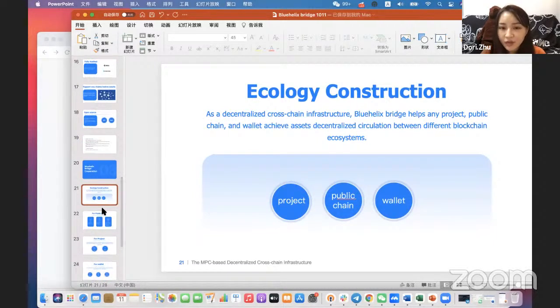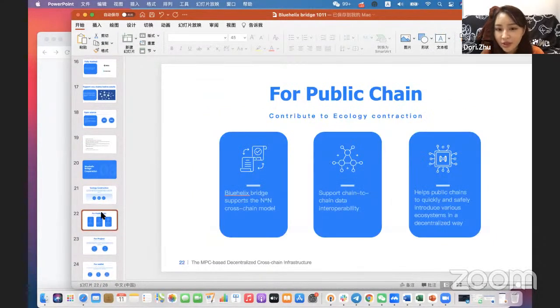For the public chains, we can help them achieve safe and effective cross-chain transactions, attracting more users, more assets and more DeFi projects, and promoting the development of their ecosystems, and help public chains achieve quick and safe data interaction.